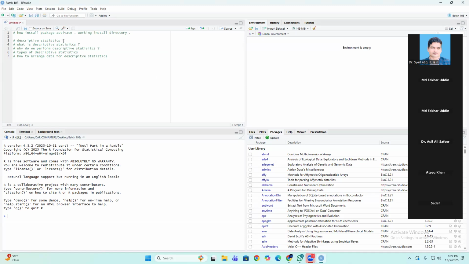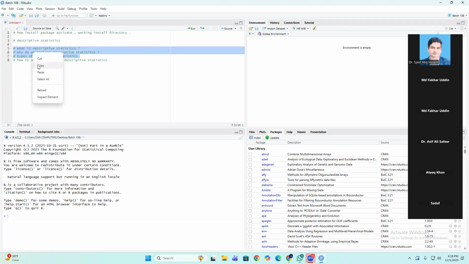So, when you want to perform statistical analysis, the first questions which should arise in your mind: what is descriptive statistics? Why do we perform descriptive statistics? What are the types of descriptive statistics, and how to arrange data for descriptive statistics? Now, to find the answers to these questions, first we need to understand these questions. So copy these questions, open ChatGPT,